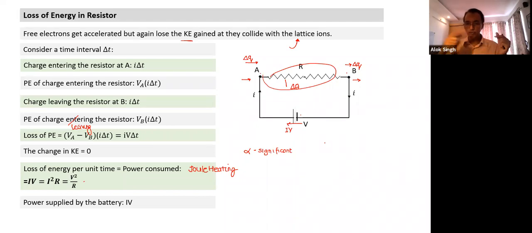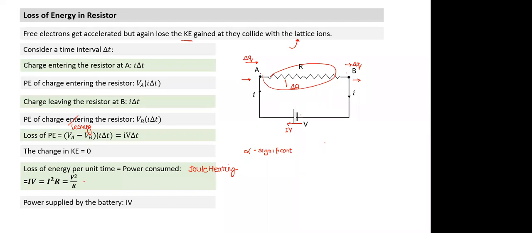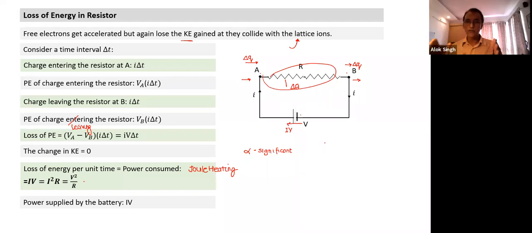Bulb is also a resistor. So as an engineer, I have to take the resistance at 150 degrees, because that's the temperature at which the bulb will be operating. Okay, so this is a finer point. It normally doesn't come in terms of numericals in examinations, but it's a good point to understand.